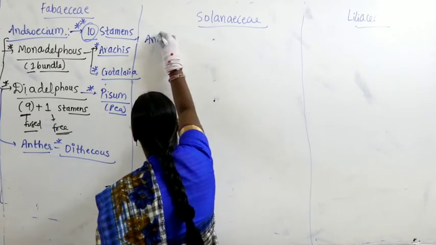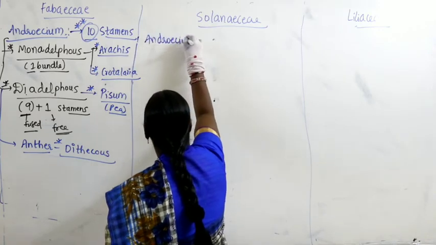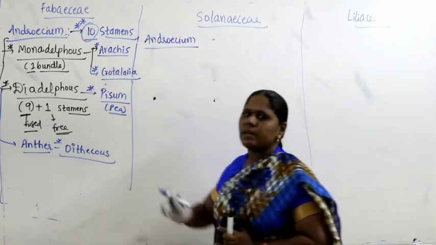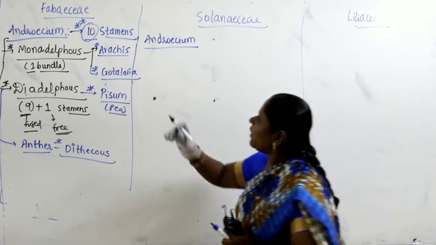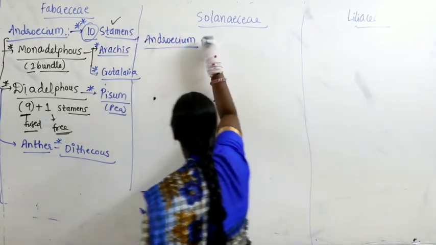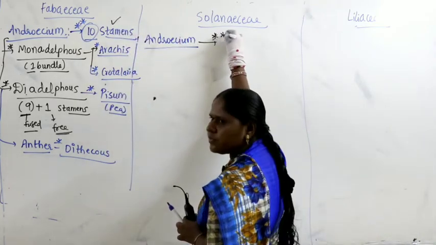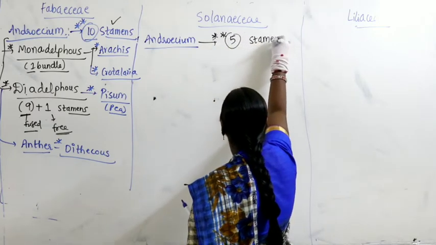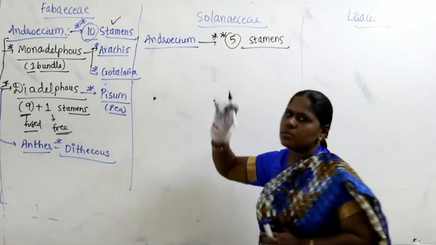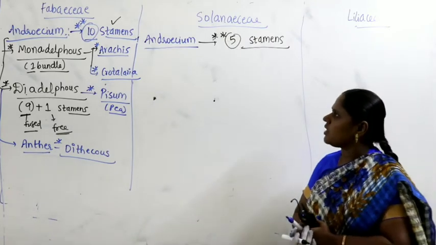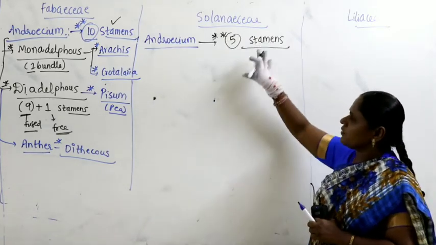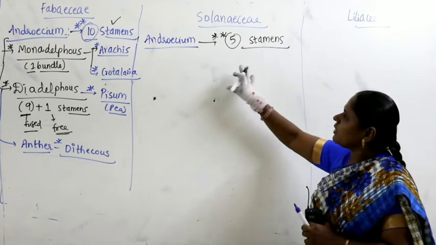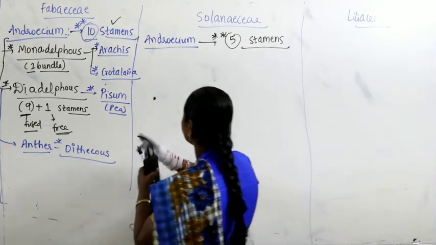Now we also take here androecium. Now let us have the comparison. For Fabaceae it is 10 stamens, but for Solanaceae it is 5 stamens. Okay, for Solanaceae it is 5 stamens. Here when you take the 5 stamens here,